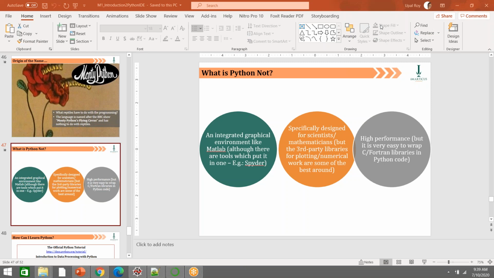These weaknesses are going to get reduced over a period of time. However, the last one is still valid and important, that is in terms of performance, because what we have also